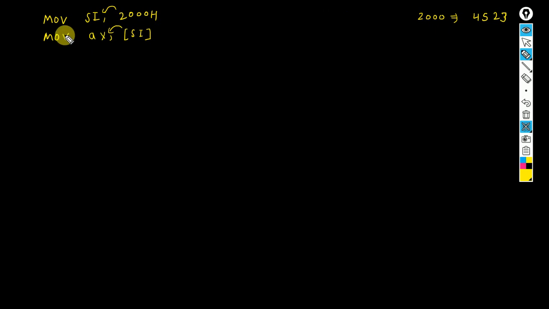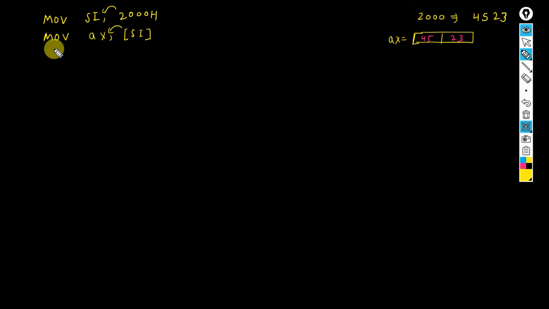When we execute this instruction, our AX register value is replaced by this value, 4523.